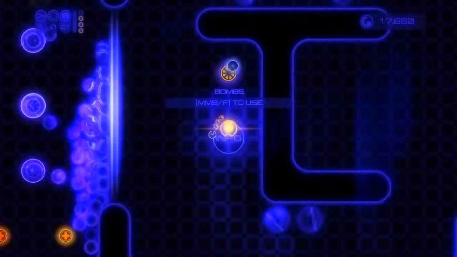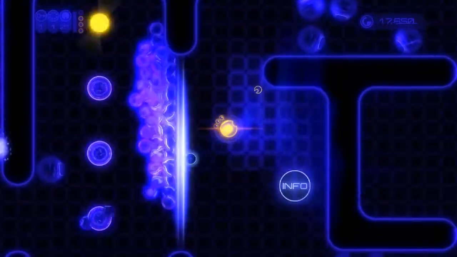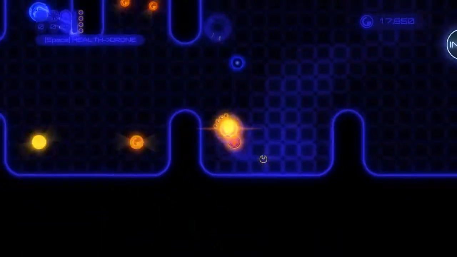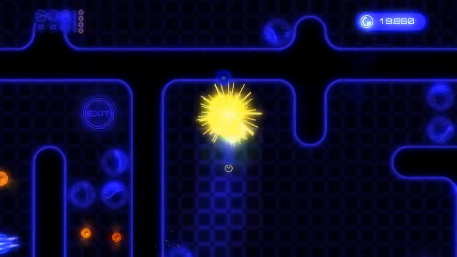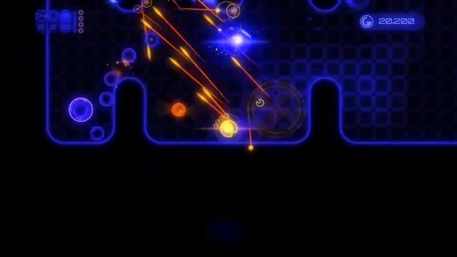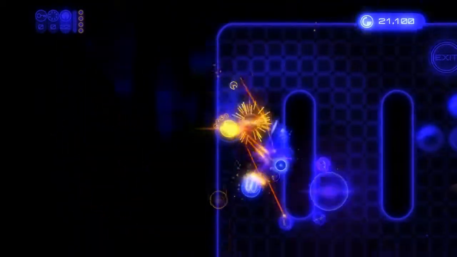Info. Bombs. Alright, so we got middle mouse button or F to use. So here we are, we're going to test this out. And as you probably may have guessed, with most twin stick shooters, bombs tend to mean kill everything on the screen. So that's nice. I'm going to come up here and